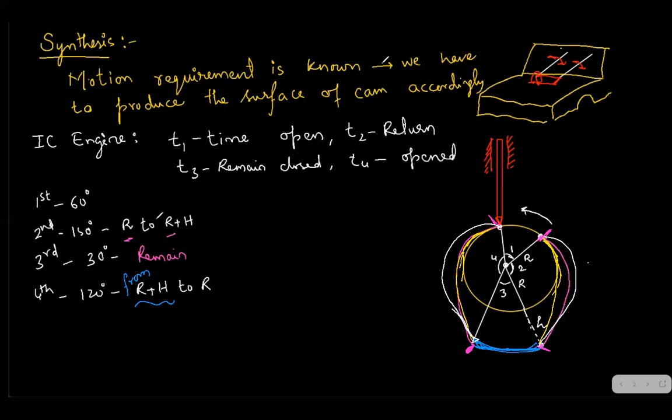Till here. What is going to happen? We'll just continue the class. Now, initially the follower is at this position. Let's call this position A. Now from A to B as it is coming, there is no lift of the follower. The follower is in its own position. But when the follower comes from B to C, gradually it has to rise.